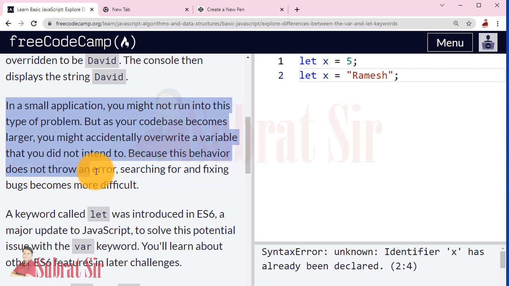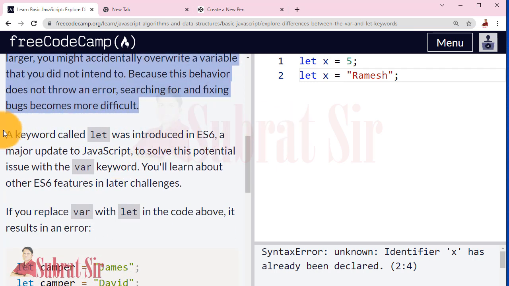Because this behavior does not throw an error, searching for and fixing bug becomes more difficult. Okay, so if you are using var keyword, then you can redefine it again without any error. But if you are using let keyword to declare a variable, then it will display you an error.